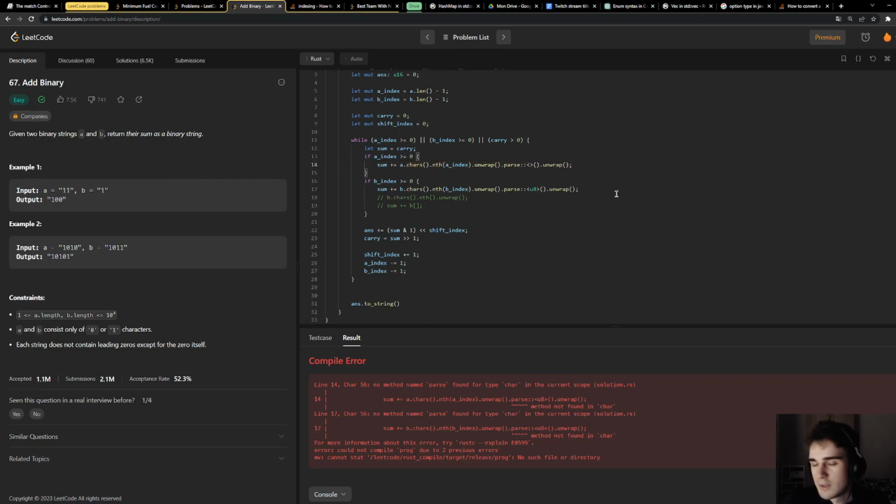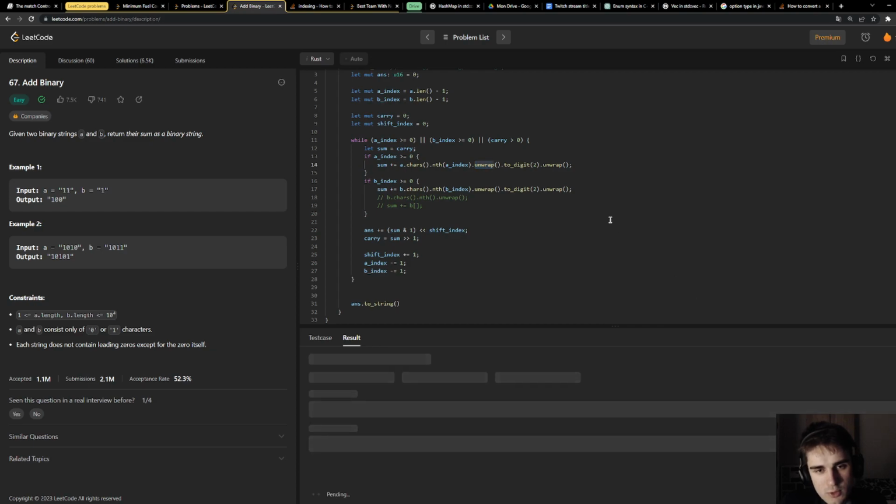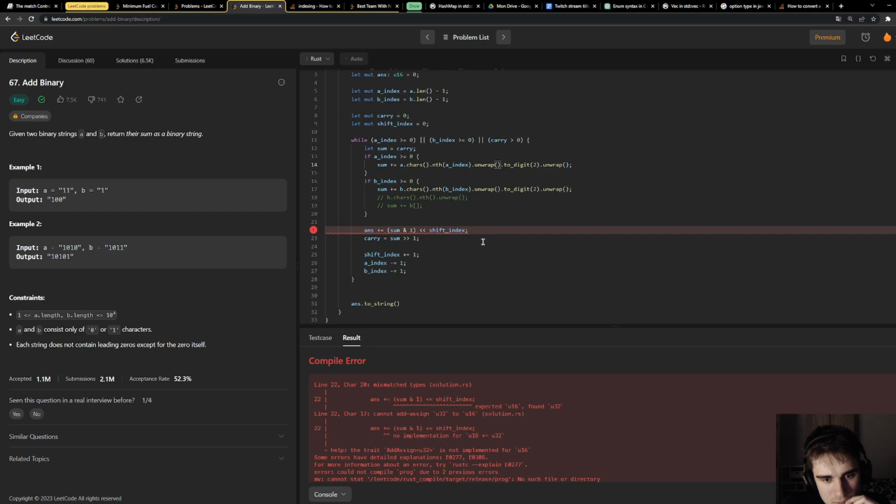Oh, that's actually very good because you don't need to allocate more bits than you need. Maybe I can also get rid of this unwrap, but I'm not sure if it is too much or not. Expected U16 found U32.